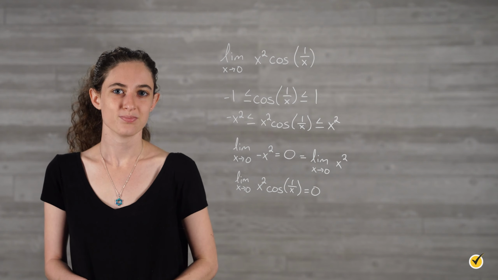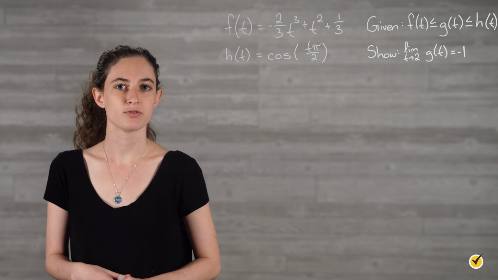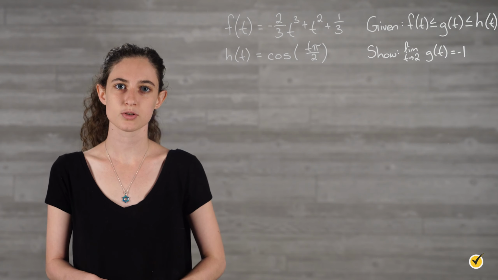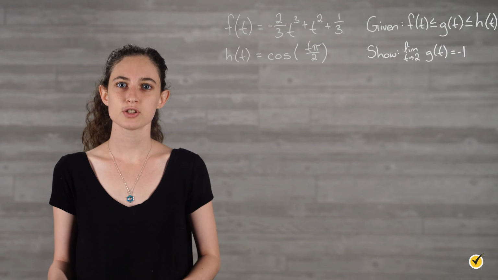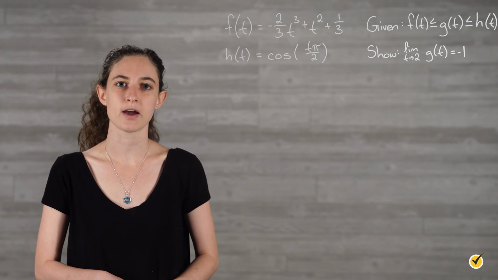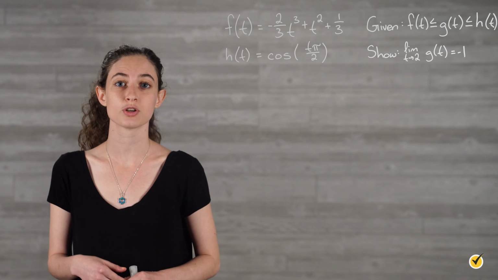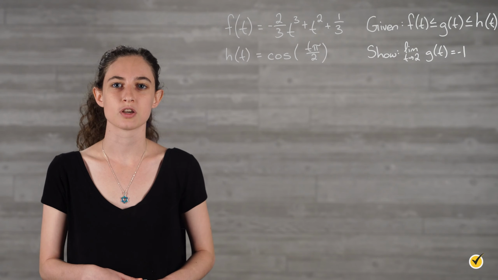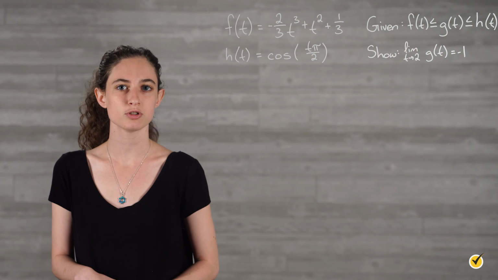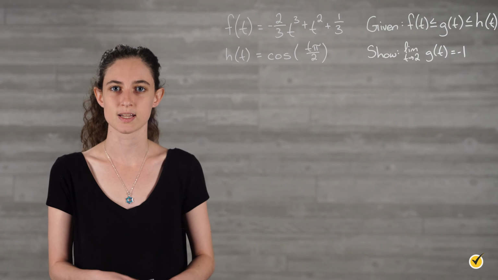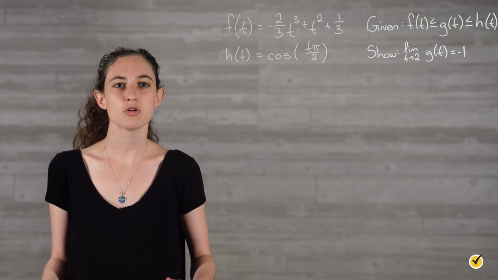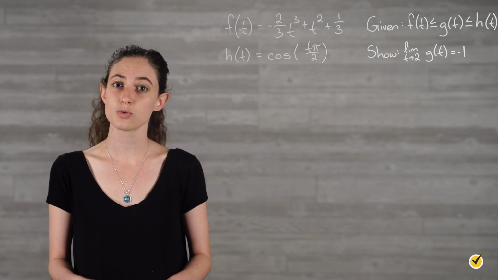limit of 0. Suppose f of t is equal to negative 2/3 t cubed plus t squared plus 1/3, and h of t is equal to the cosine of t pi over 2. If f of t is less than or equal to g of t is less than or equal to h of t, use the squeeze theorem to show that the limit as t approaches 2 of g of t is equal to negative 1. Now we don't know what g of t is, but with the squeeze theorem we can